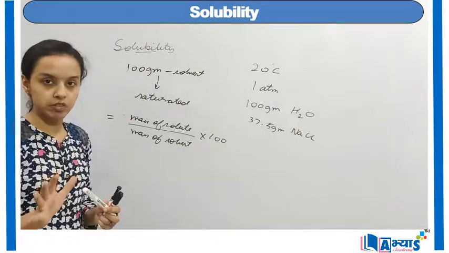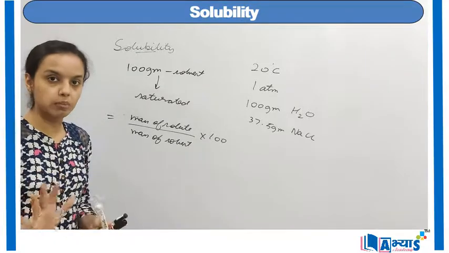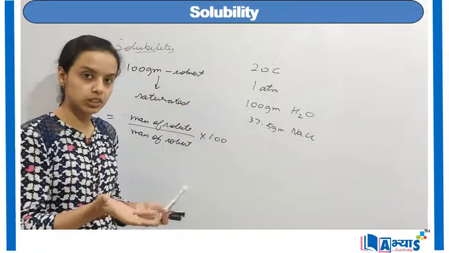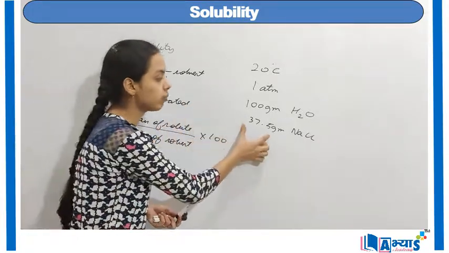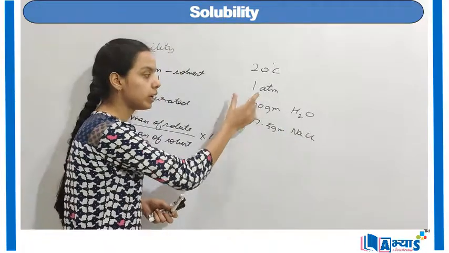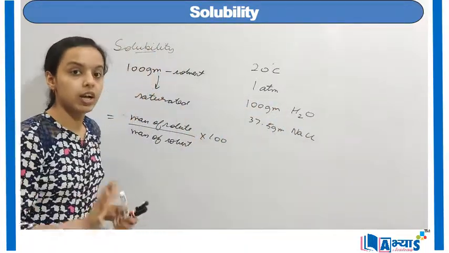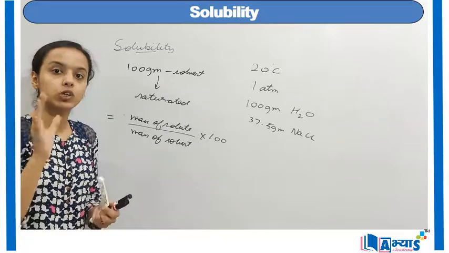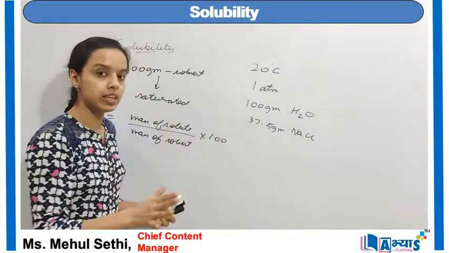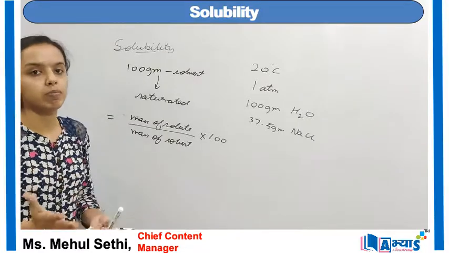So by this sentence, we particularly mean that if we are not changing the temperature and the pressure of the surroundings, only 37.5 grams of solute, that is sodium chloride, can be added to 100 grams of water. No more solute can be added to this amount of water without changing the temperature and the pressure. That is why the solubility is 37.5.